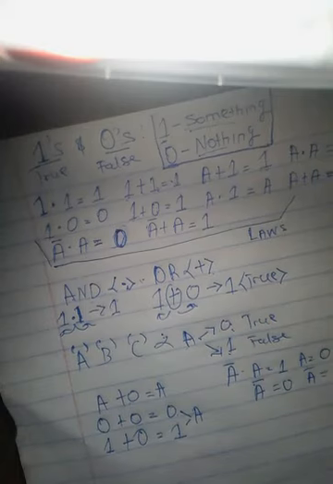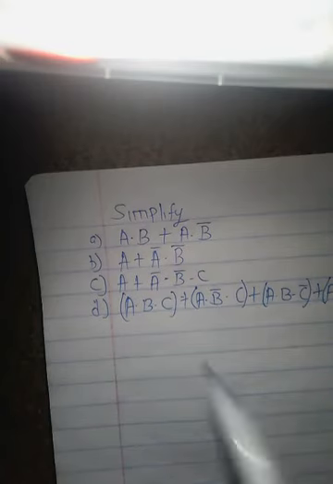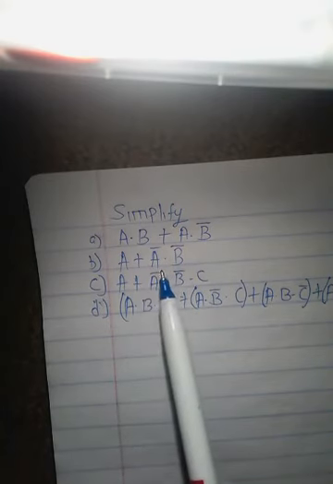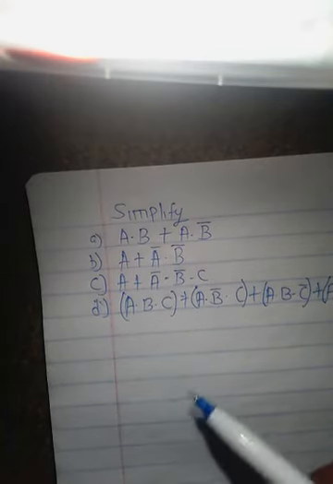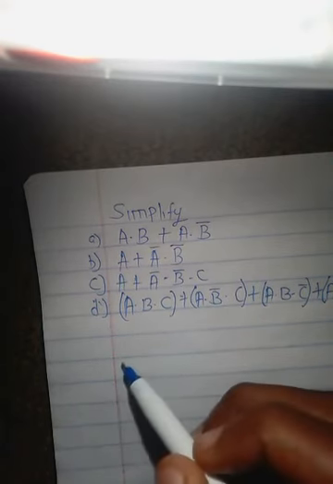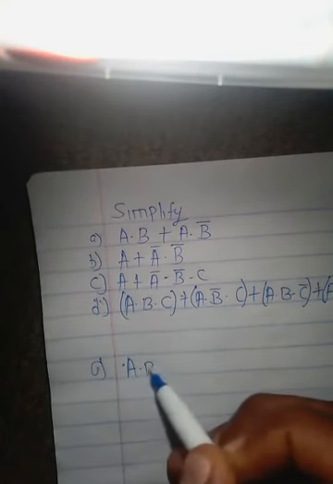So now that we have that covered, let's go to some actual simplification of Boolean algebra. We have some questions here, and we'll be asked to simplify these Boolean expressions, A to D. I'll be showing you how to do all of this. It's really easy. If you have any questions, just put them down in the comment section below. So let's get started. From the first question we have A dot B